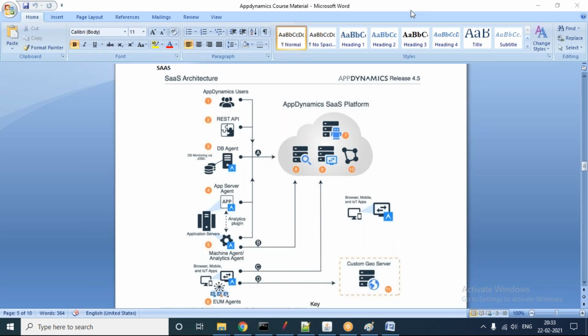I'll tell you with an example. In the morning batch, I took Dynatrace. In the evening batch, I'm taking the AppDynamics batch on my laptop. One agent is sitting on my laptop. Since I installed one agent in the morning, in the evening if I start AppDynamics now, it is not working. It is not capturing the data.